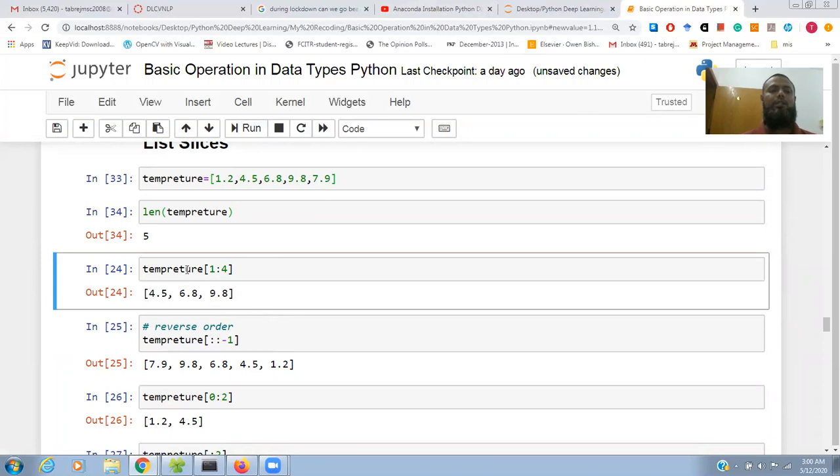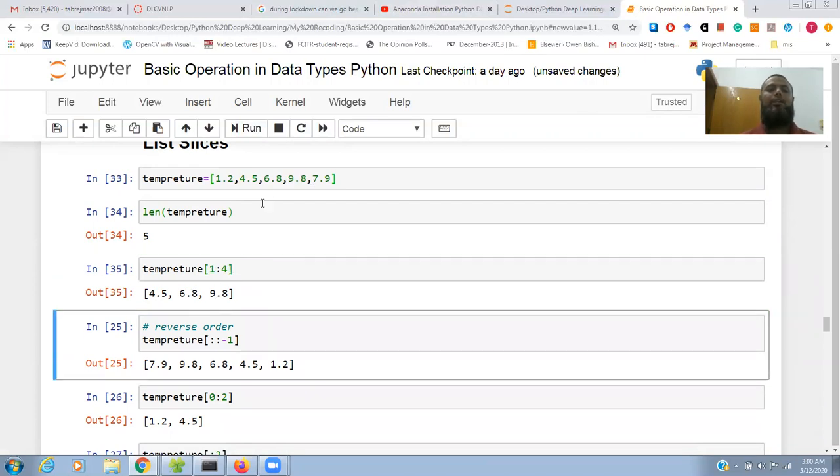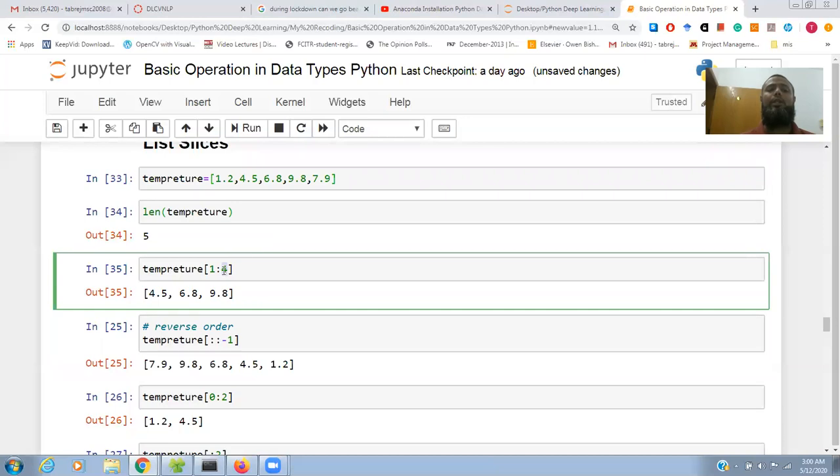So from 1 to 4 means 1, 2, 3, 4. It will give us 9 till 9.8. So 0, 1, 2, 3. The upper bound is not included when we do this slicing. So it will give us values from 1 to 4.